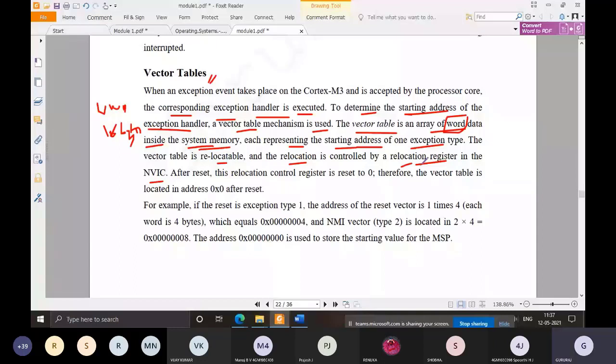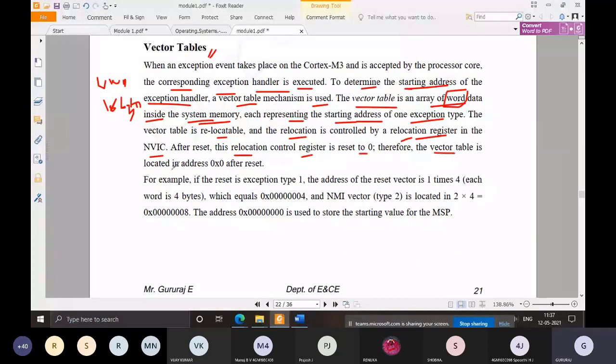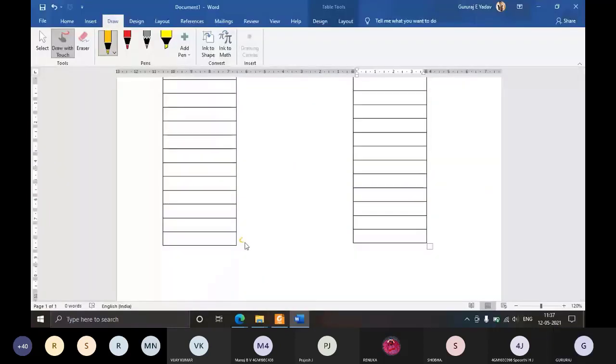After reset, this relocation control register is 0. That means the vector table is located at address 0 after reset. This is the default value, and that is what we will consider. So after you reset the controller, initially the vector table starts from the location 0x0. The first location will be 0x0000, and it is actually 32 bits.